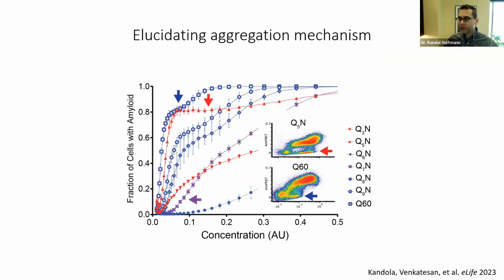We can do more complicated things. So of course, again, we're looking at the relationship of aggregation to concentration, and that relationship tells you a lot. So here I'm showing you from a recent paper where we used DAMFRET to identify the nucleating conformation of polyQ amyloid. And that involved generating lots of different sequence permutations of polyQ, and those aren't important in this case. What I want you to focus on are these curves in general, where we're looking at the fraction of cells in the high FRET state as a function of concentration. And what you can see